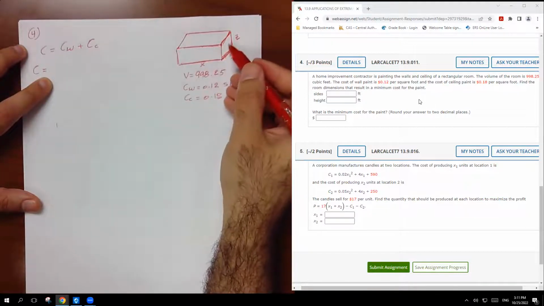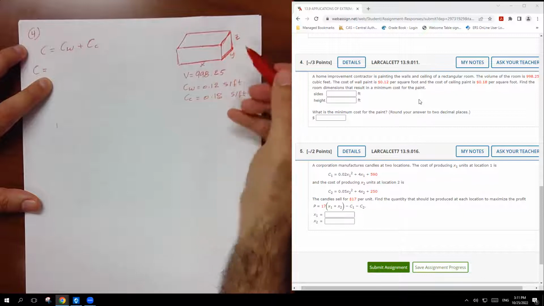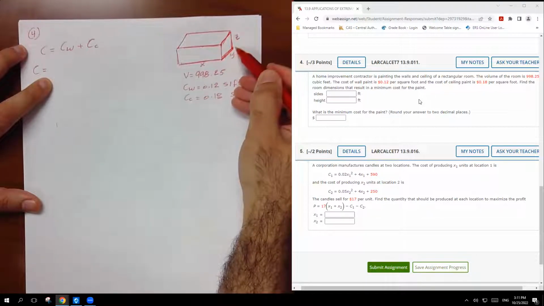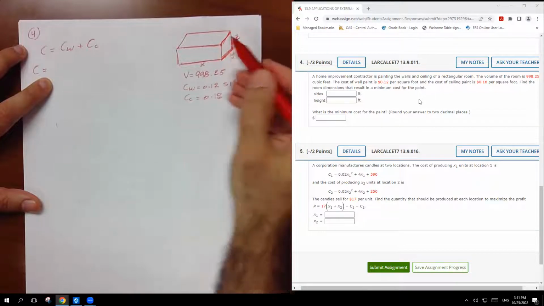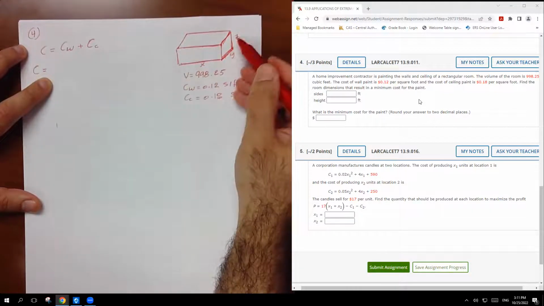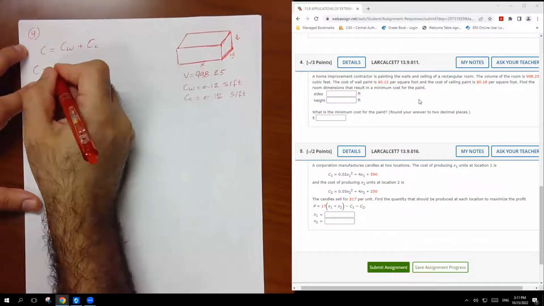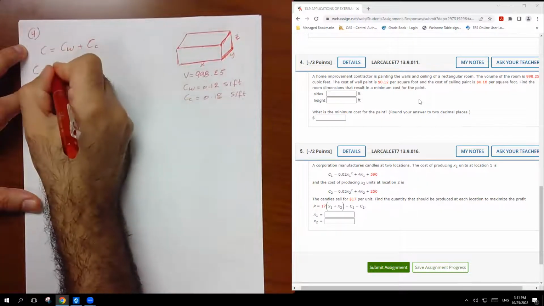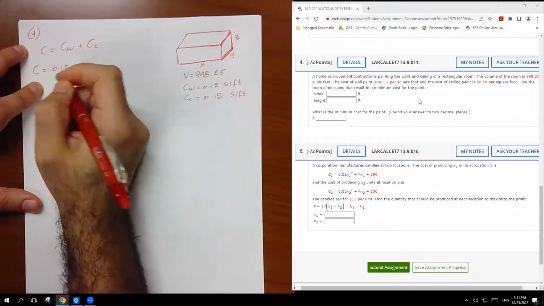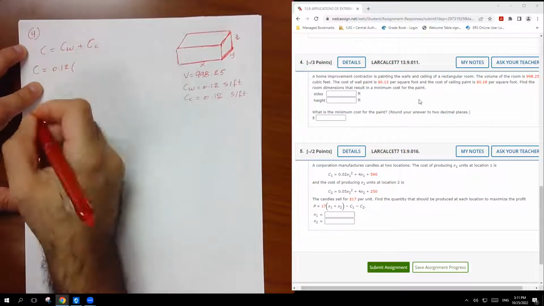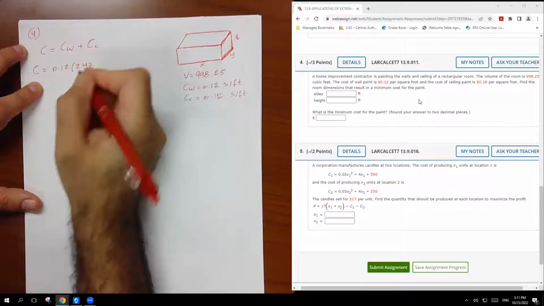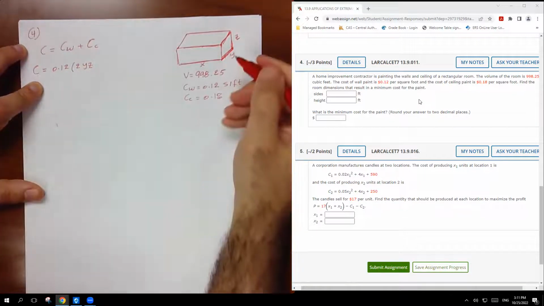We have one side, which is YZ, and the other side of the room, YZ. That means the paint is 0.12 times 2YZ